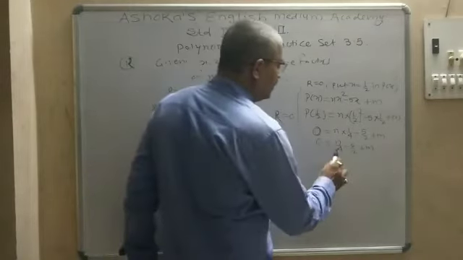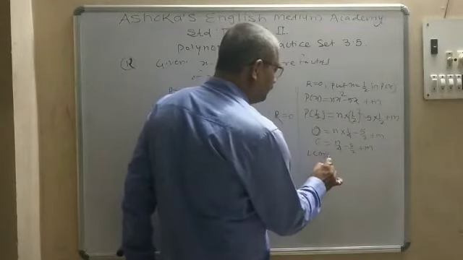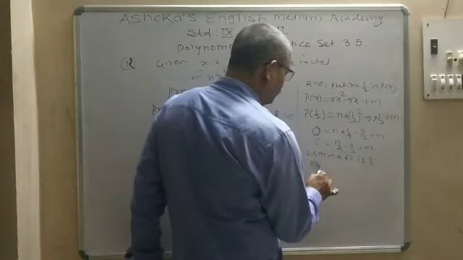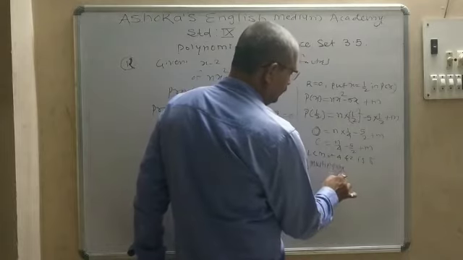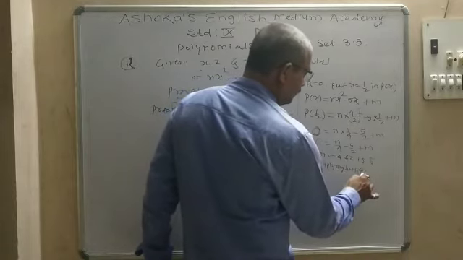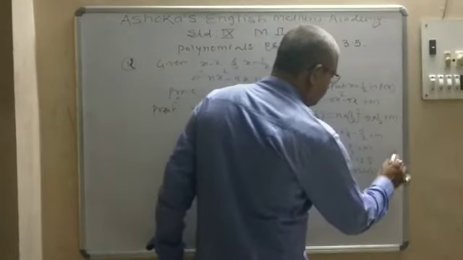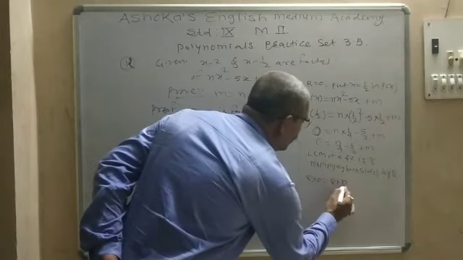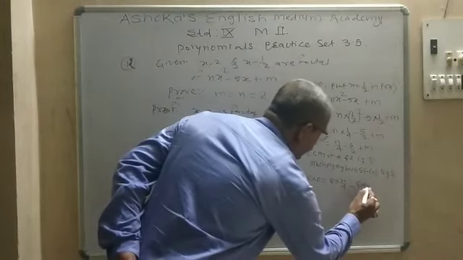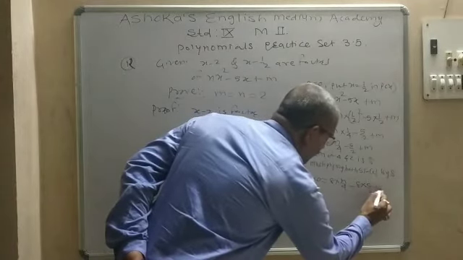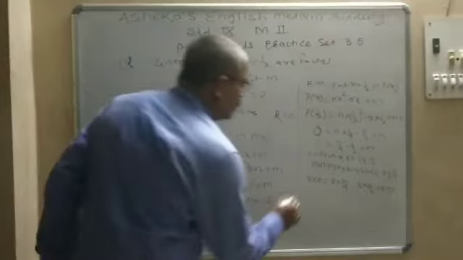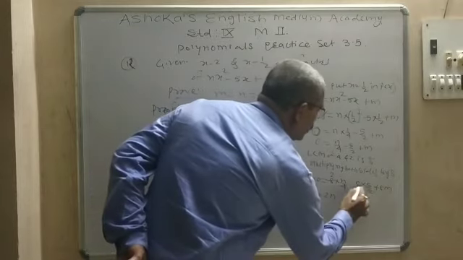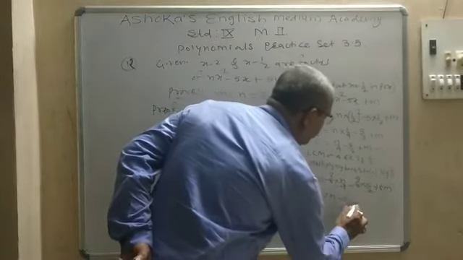So on both sides, the LCM of 4 and 2 is 8. Therefore, multiplying both sides by 8, then 8 into 0 is equal to 8 into n by 4 minus 8 into 5 upon 2 plus 8 into m. So 8 into 0 means 0 will come. 4 ones are 4, twos are 2n. 2 ones are 2, fours are 8, minus 20 plus 8m.